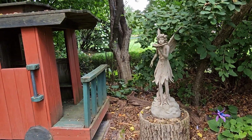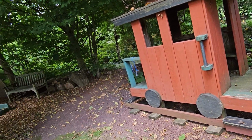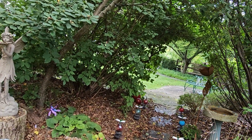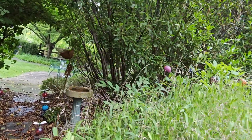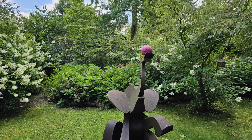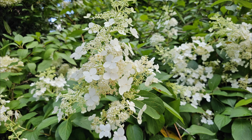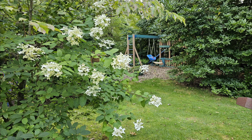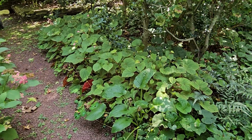And what you're seeing in the background is the formal front lawn that we looked at 2 weeks ago. And there's a little seating area. And as we go through here, we have to stop and look for a minute at our funny little elephant, and a little close-up of that panicle hydrangea, and a little woven birdhouse. Again, just a little glimpse back through the play area. And as we walk past the hydrangeas,